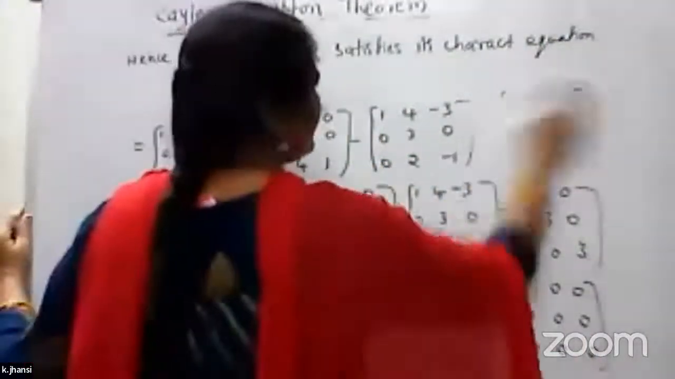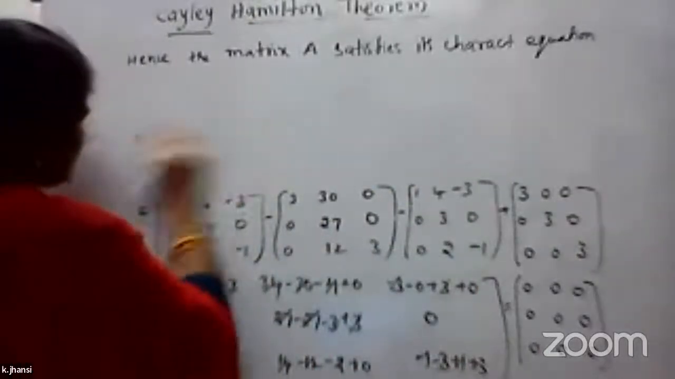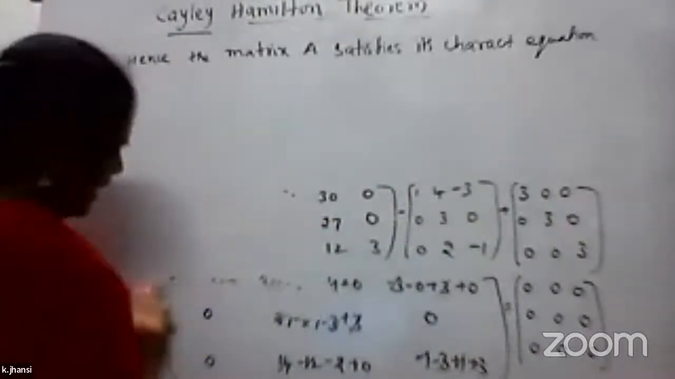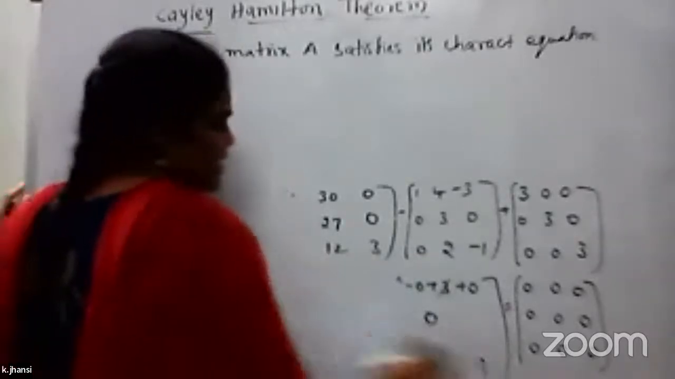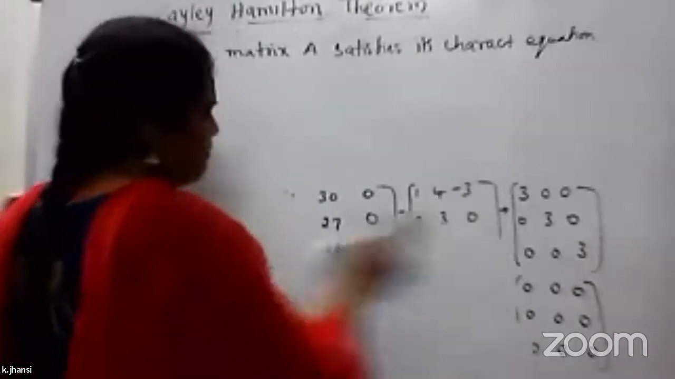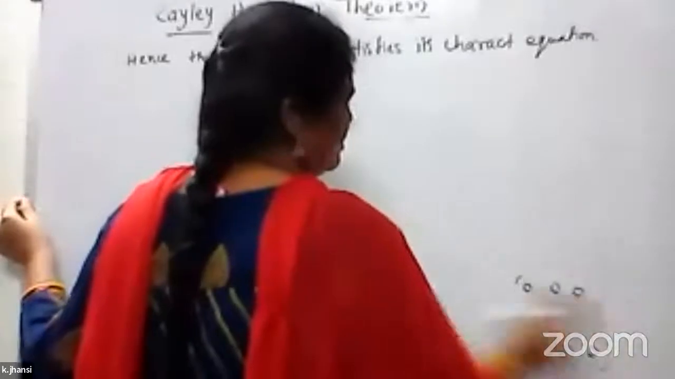Next we need to find the A inverse. For finding the A inverse, whatever the characteristic equation is there, if you multiply that characteristic equation with A inverse, then you will get the A inverse value here. Okay,